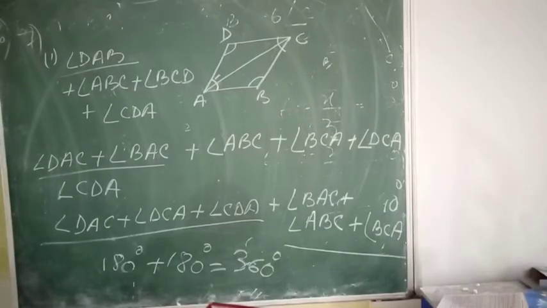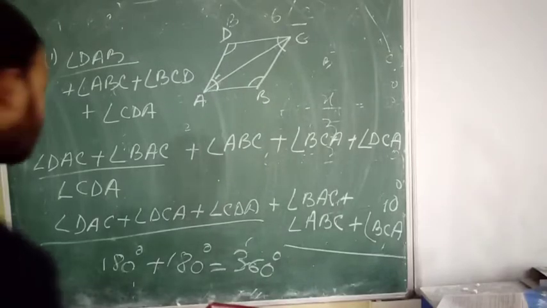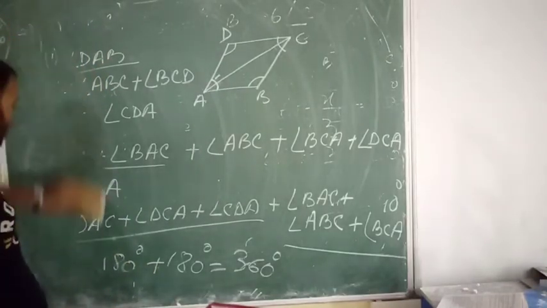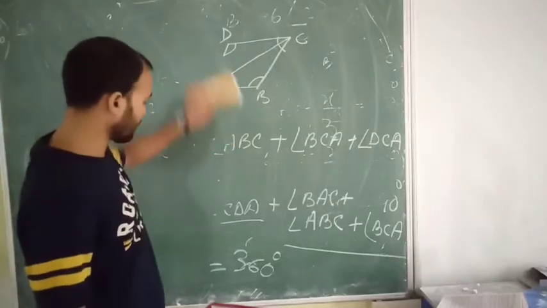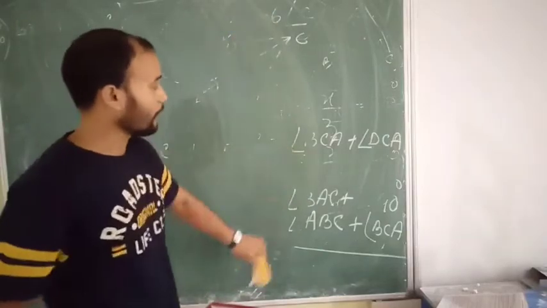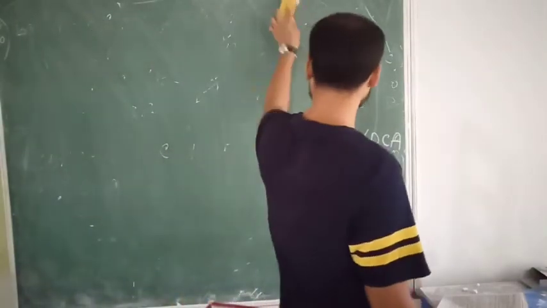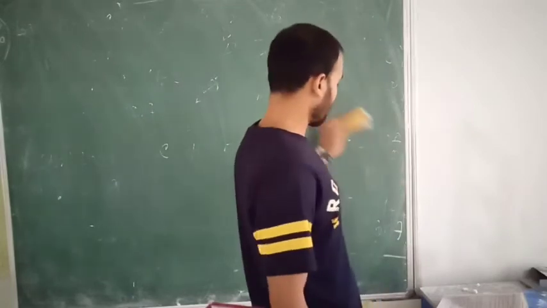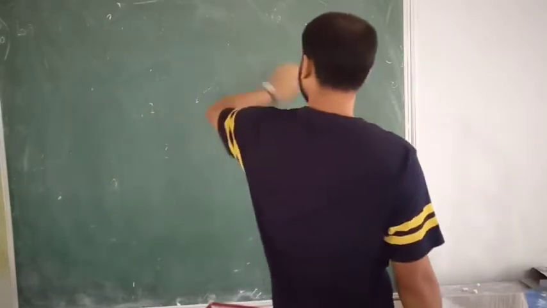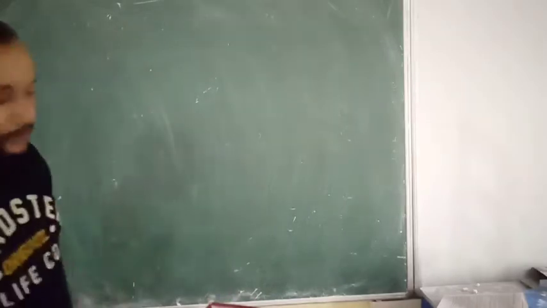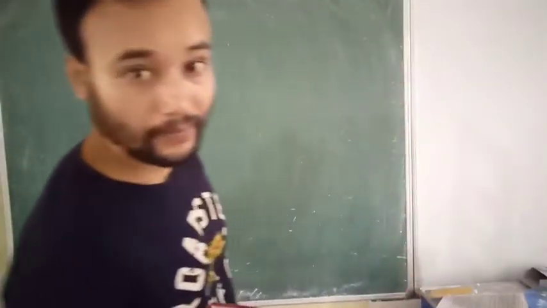7B you do by yourself. Okay, 7B you try by yourself. I will come to question number 8. Question number 7B is a similar type of question, you try to arrange it yourself. That will be one kind of practice. If I do all the questions for you, then you will not have better learning. So it's better for you to give a try. You try by yourself, then you know your skills, how much you know and how much you can do. Okay? Fine.